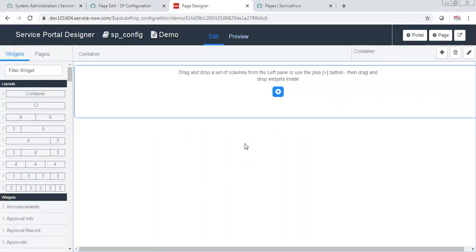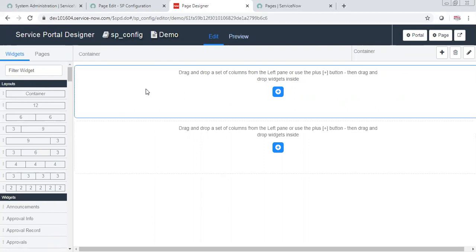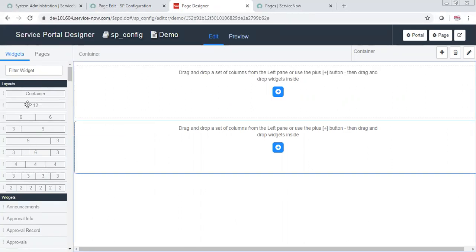Now here, as we discussed, a page is a combination of widgets and containers. So first thing you have to put a container on your page, because inside these containers you put the columns. So first one is container, rest is columns.